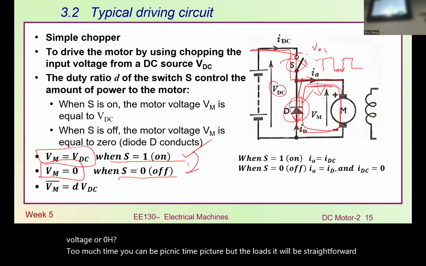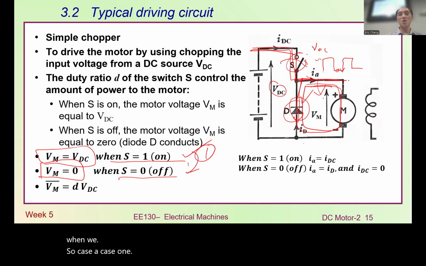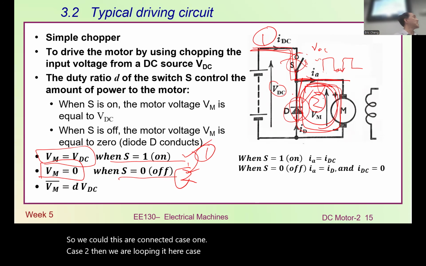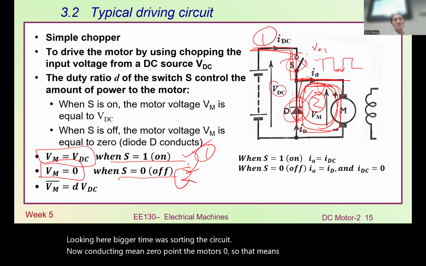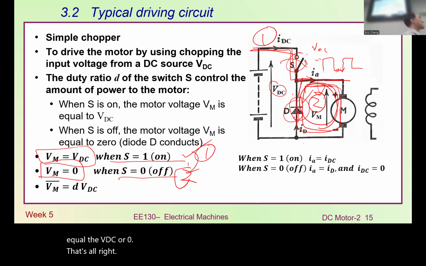In case 1, the switch is connected. In case 2, we are looping in here, because the diode is shorting the circuit. Diode conducting means 0 volt on the motor. So the motor voltage can be either VDC or 0. That's all, right? So go back and think about that, and I'll ask you again and explain it again